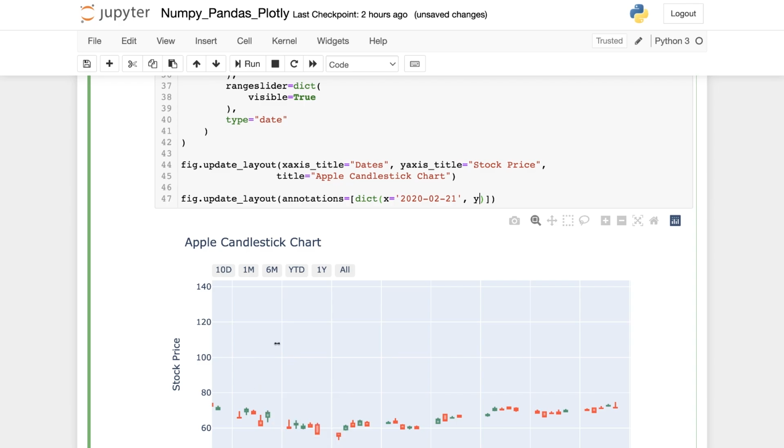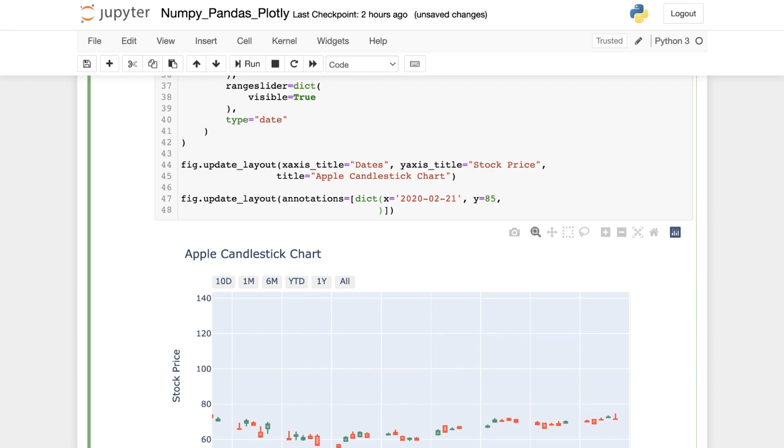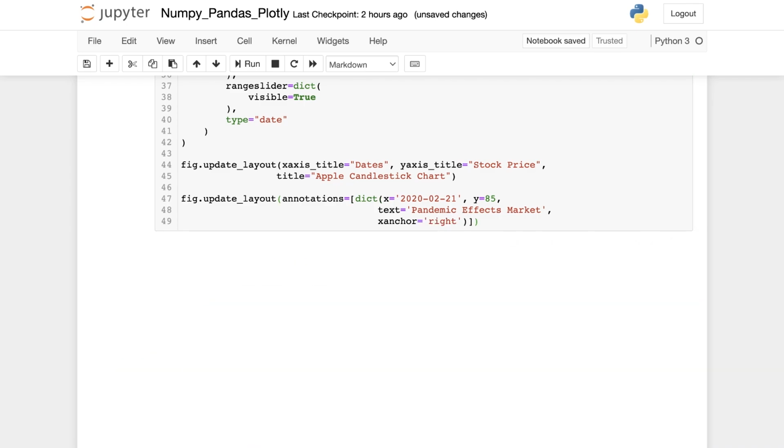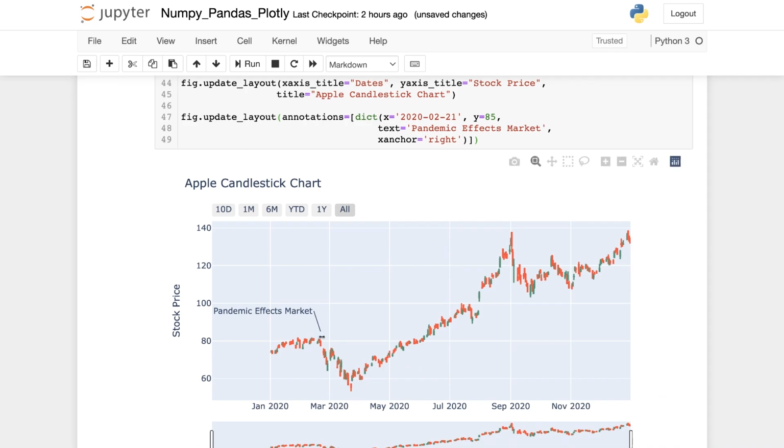So y is equal to 85. And I want the text to read pandemic affects market, to point that out in the chart. Then I'm going to put my x anchor for this on the right. So right like this, and run it, and you can see right here is a little annotation that points at